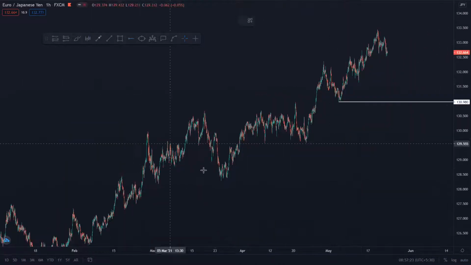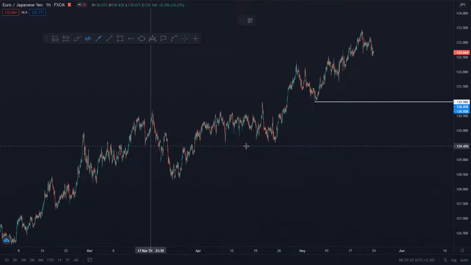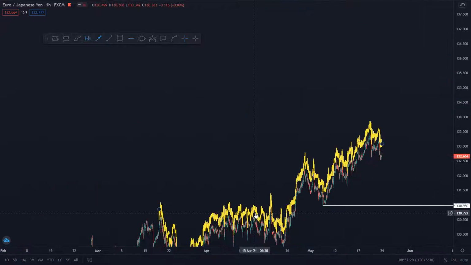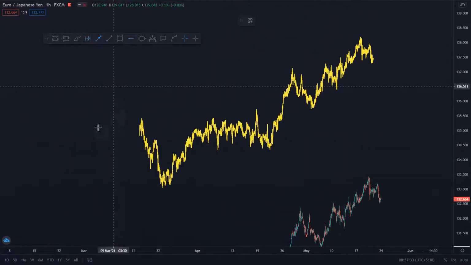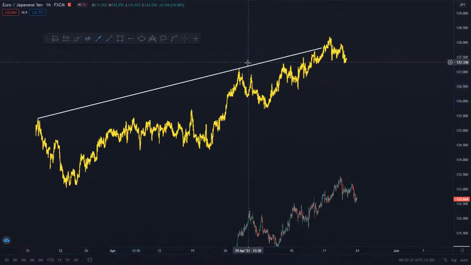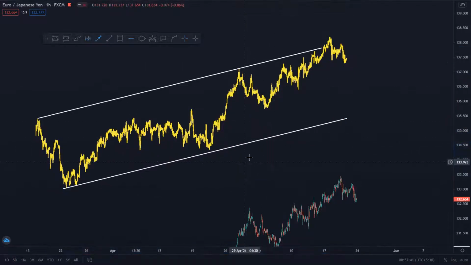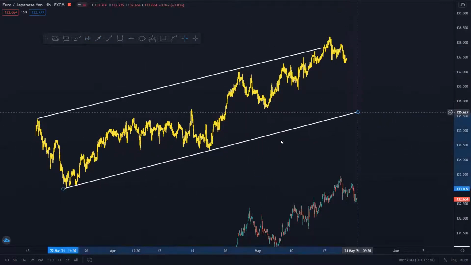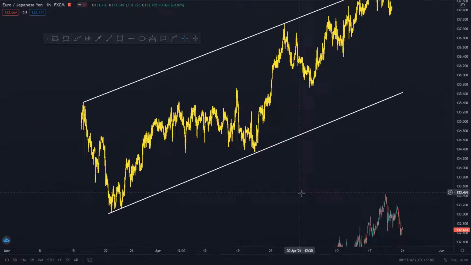If you look at this, this is a similar price action structure, which is clearly indicating that price is moving into the ascending channel structure. And just like I was talking about the GBP/USD, within the ascending channel structure or within any kind of price action structure, there is a high possibility that the price will move into another price action structure,